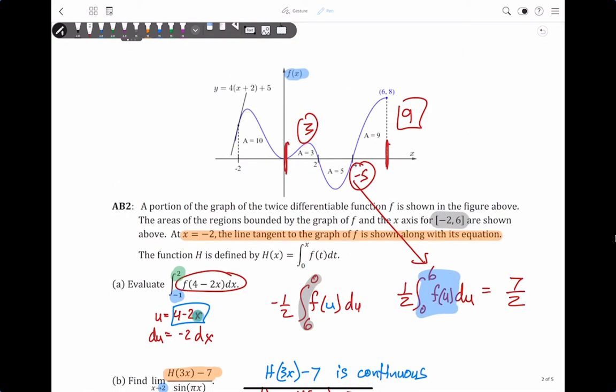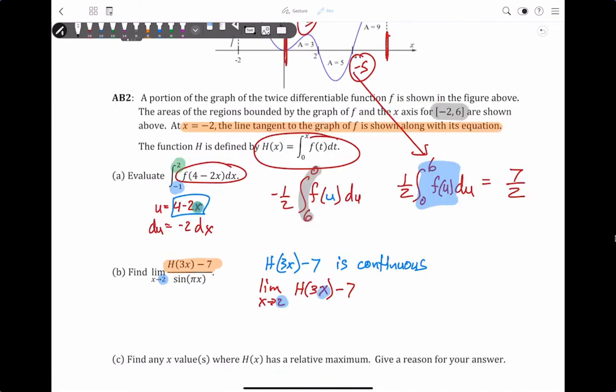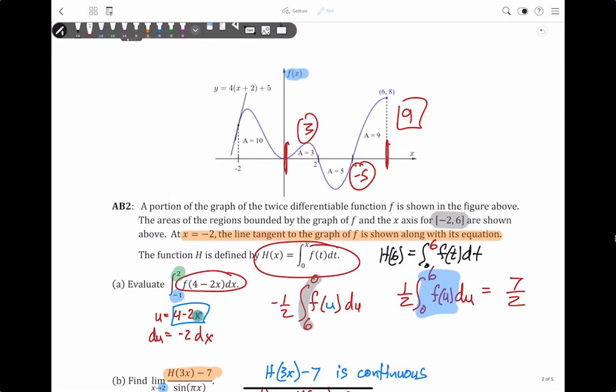Well, here is our h of x, and we're going to say h of x is equal to the integral from 0 to, in this case, 6, because this is our value that we're trying to find. What is h of 6? Well, let me make some room up here and do it up here. H of 6 is going to equal this integral from 0 to 6. So what is the area underneath the curve of f of t, which is shown up here, between 0 and now 6? Okay, we already know that